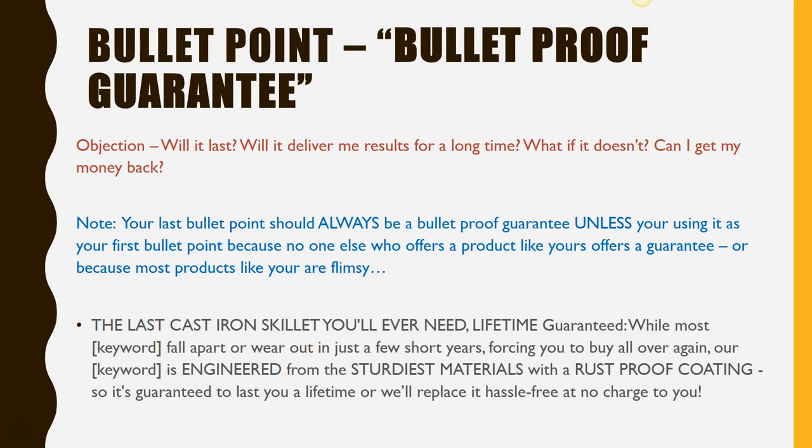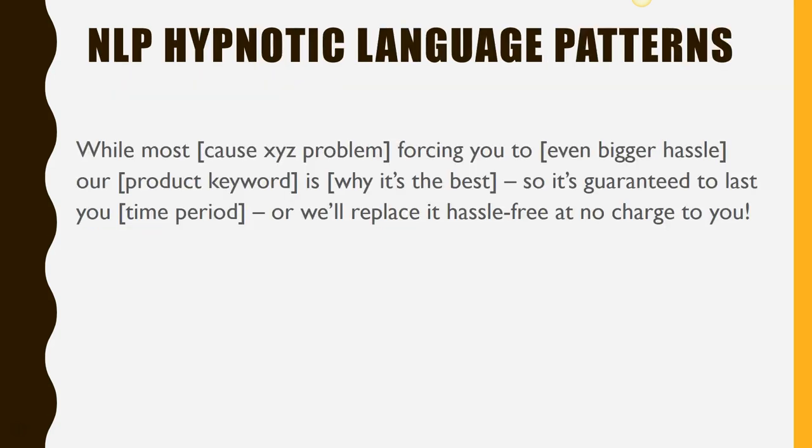So let's go back and look at this. While most keywords fall apart or wear out, okay? While most cast iron skillets rust, warp, and become useless, there's our three: rust, warp, and become useless, forcing you to buy another one or throw it out, right? Our product keywords, so cast iron skillet or whatever else we were looking at right then,